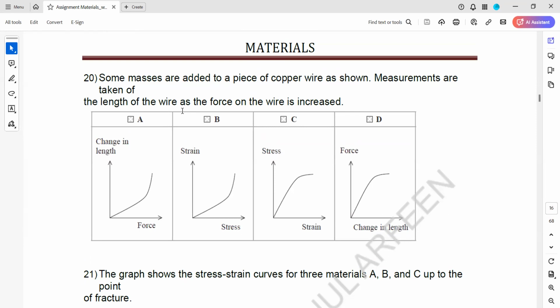Question 20. Some masses are added to a piece of copper wire. Measurements are taken. The length of the wire changes as the force on the wire is increased. So which graph correctly shows the relation? Change in length,